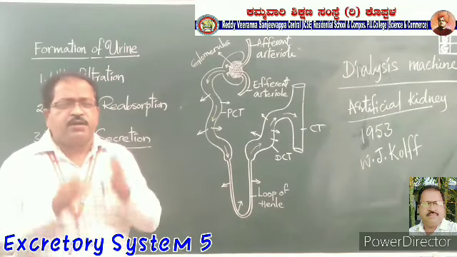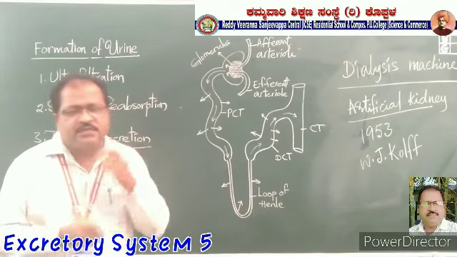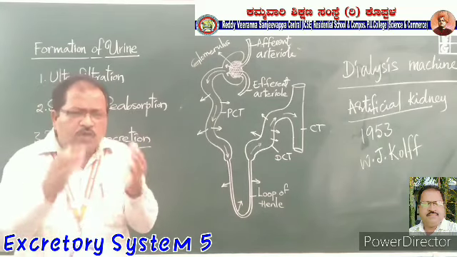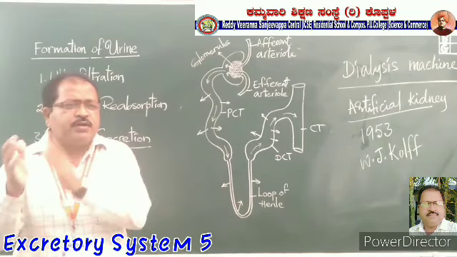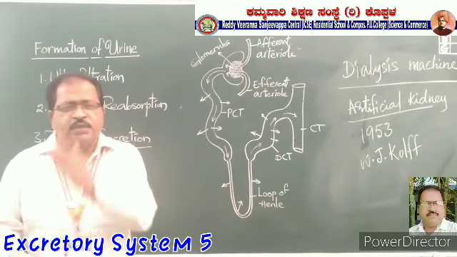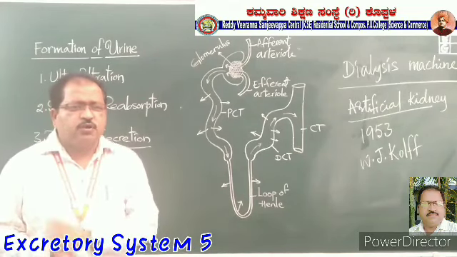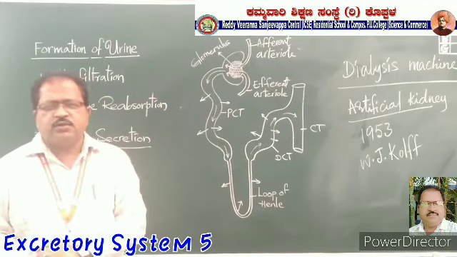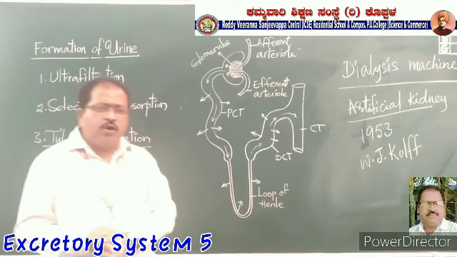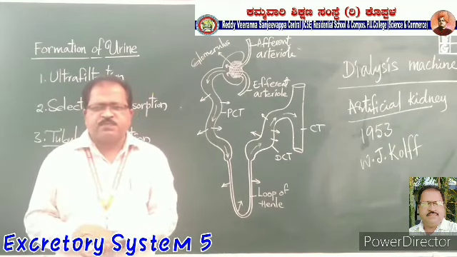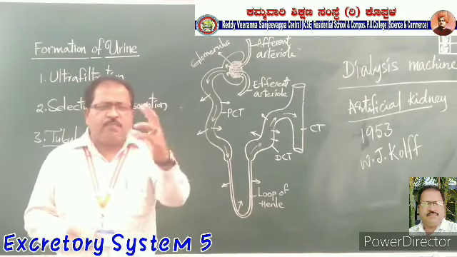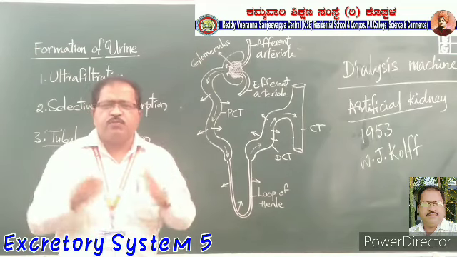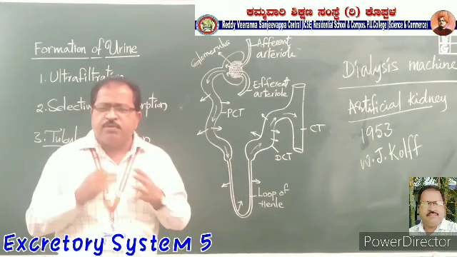Kidney transplantation. But before transplanting the kidney, the blood group should be matched. If the blood groups are not matched, the transplanted kidney will not be fit for the patient, and the person ultimately dies. So before the transplantation, the doctor checks that the blood groups of the donor as well as the recipient match, and then the kidney transplantation can be done. Okay, this is about the excretory system in the human body.